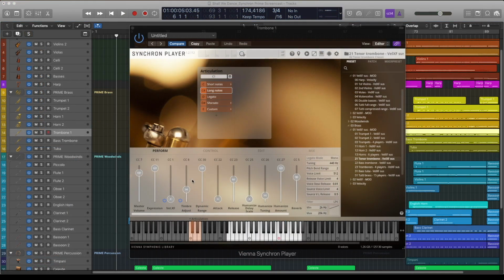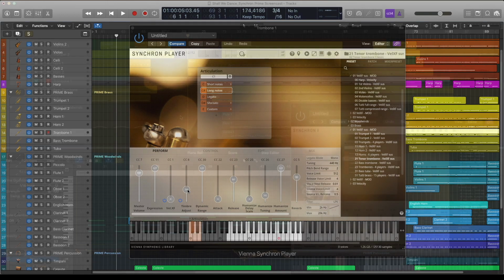By the woodwinds and especially the brass, I use the timbre adjust slider all the time. I think it is the most fascinating feature in these libraries and a huge problem solver. Because of the huge dynamic range of brass instruments, the sound character changes a lot through the dynamic spectrum, and these changes can be quite sudden when we only use the velocity crossfade. But with the timbre adjust you can make subtle dynamic changes without changing the tone of the instrument. So definitely check it out, I think it makes a huge difference in realism.